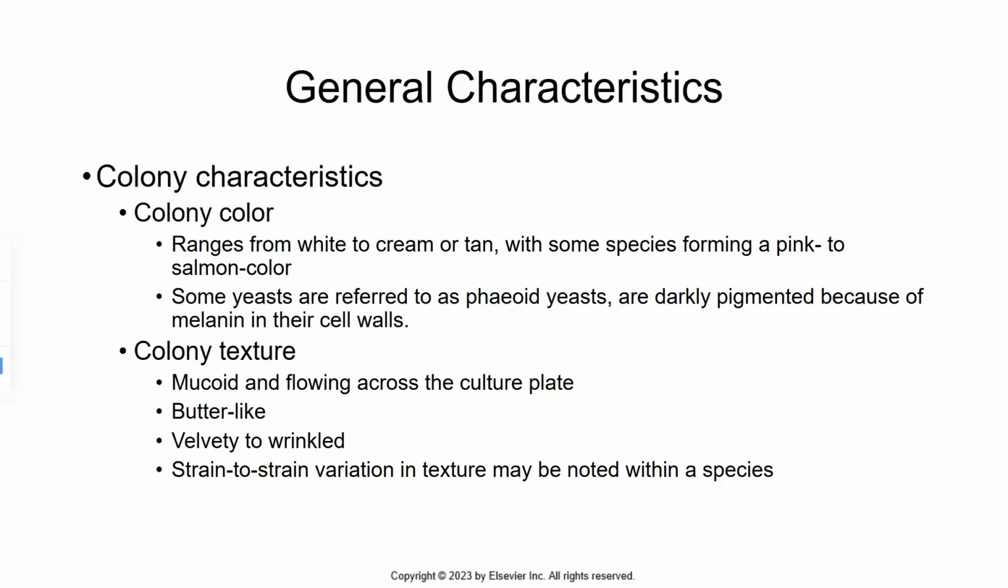Colony color ranges from white to cream or tan, with some species forming a pink to salmon color. Some yeasts are referred to as phaeoid yeasts because they're darkly pigmented because of melanin in their cell walls. Colony texture: mucoid and flowing across the culture plate, butter-like, velvety to wrinkled. Strain-to-strain variation in texture may be noted